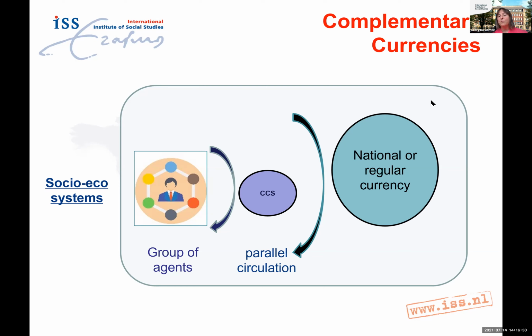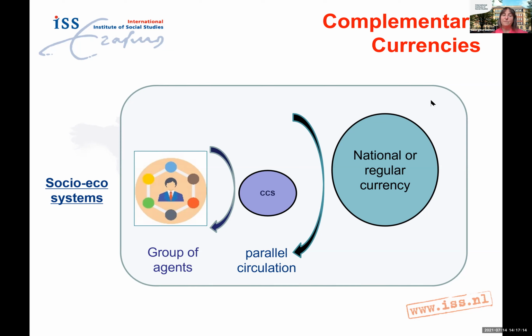So we go from what Polanyi would have called the all-purpose money, the money that we can use to pay for anything and as a reserve of value. But then we have these smaller currencies that we can use for specific things. Most of us accumulate miles or points in a supermarket, and then we get something for them, perhaps in loyalty systems. These are the private ones, but then we have the social ones. We can buy vouchers that we can give to other people, gift vouchers, or we can donate for specific things and so on. And these are all complementary currencies.